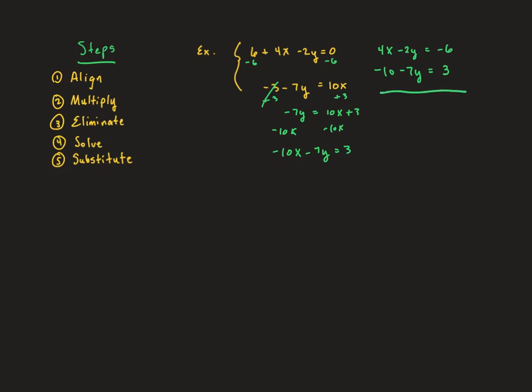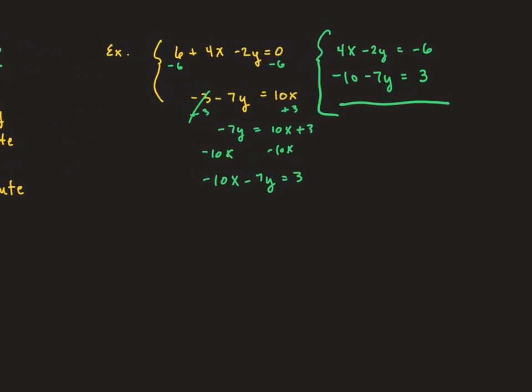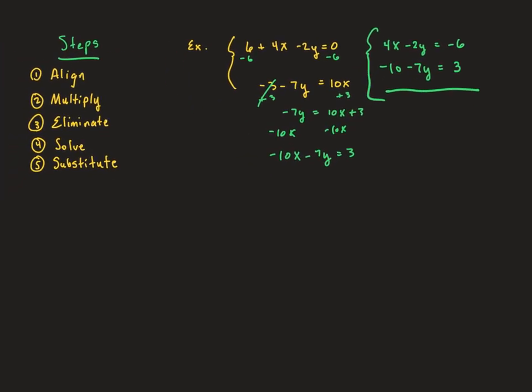Now this system, there's my realigned system. And now what I need to do is, since I don't have opposite coefficients, I am going to have to multiply one of those lines to end up working for these opposite coefficients. And what I'll do is, to get an opposite coefficient here, the lowest common multiple would be 20. So if that's the case, I can take this whole equation and multiply it times 5, because that will give me